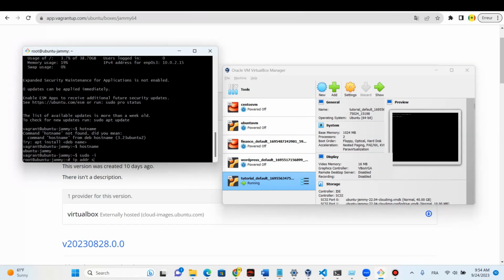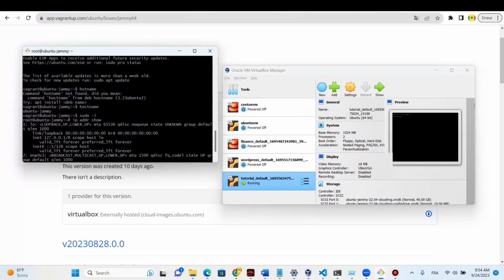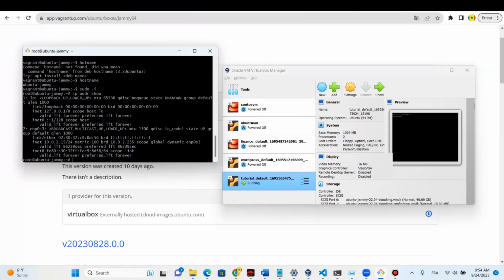Our IP address is 10.0.2.15, and all that can be changed with the Vagrantfile that I showed right now. So if you want to exit,